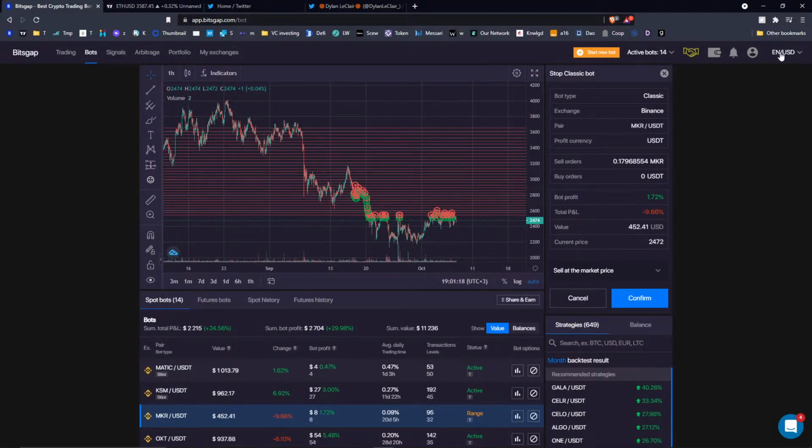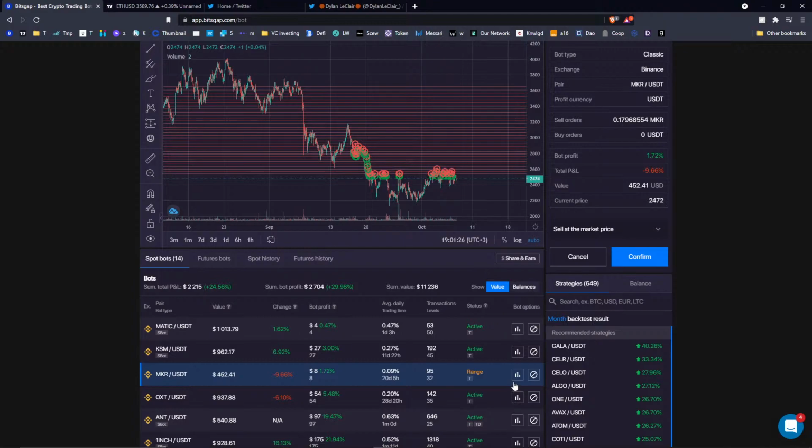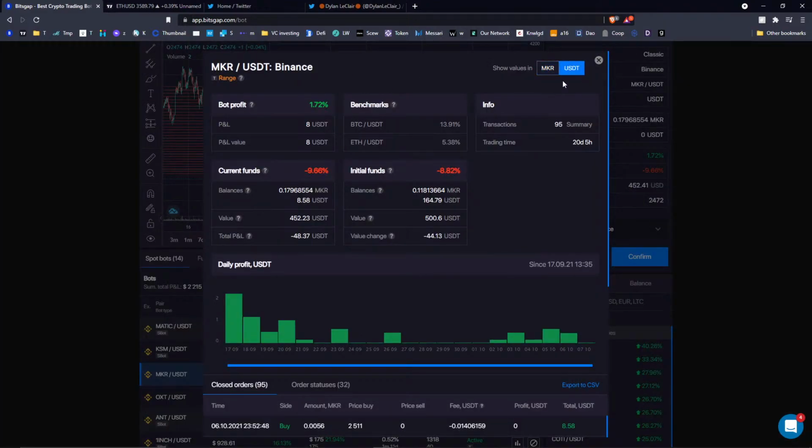I think you can switch to, no, you cannot do this. Okay, let's go this way and see in USDT. So yeah, the current value is 452 USDT, and if you close your bot entirely, that's the quote sum you will get, 452, because that's 8.58 USDT you now have in quote,